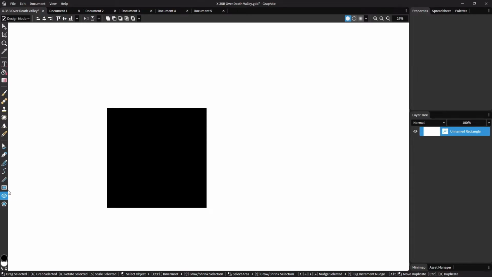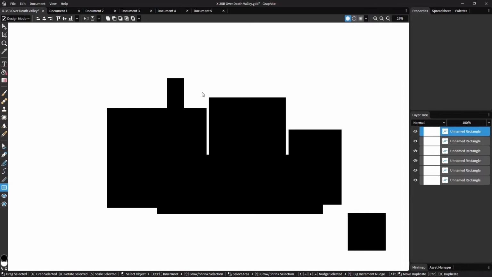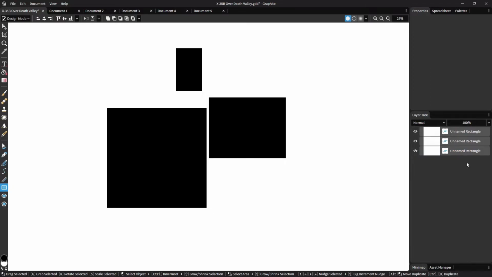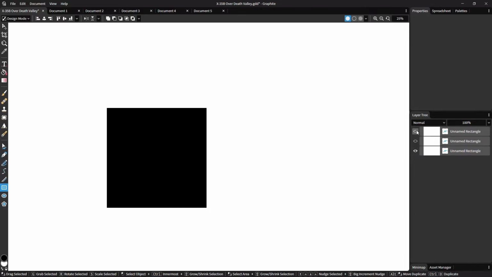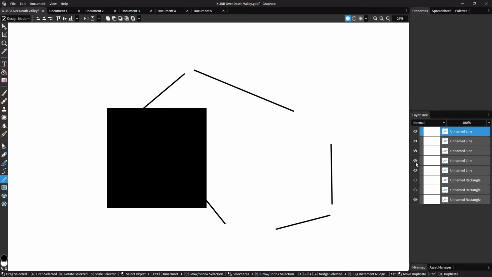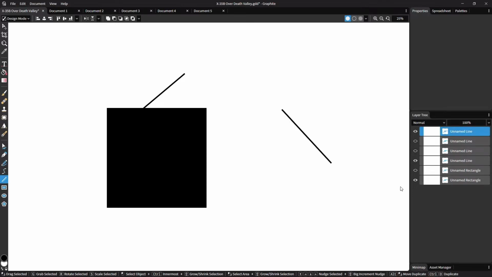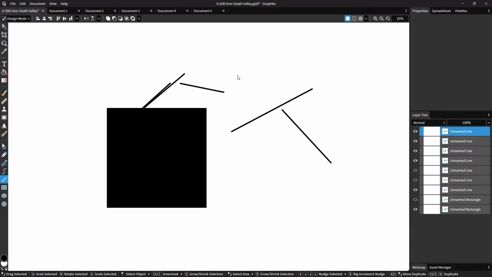We now have the ability, if we create a bunch of shapes, to select shapes and even select a range of shapes. And for example, now if you just hit the delete key, you can delete them. You can also hide and show them. And delete some more. And then as we keep making shapes, they get added to the top.